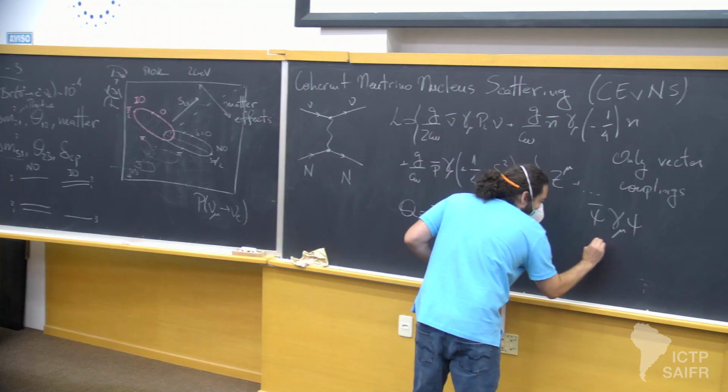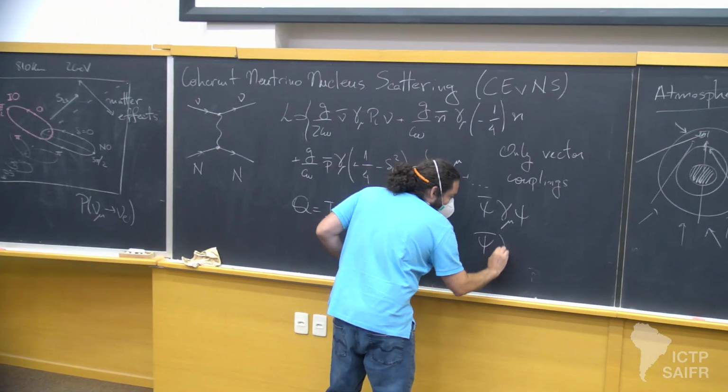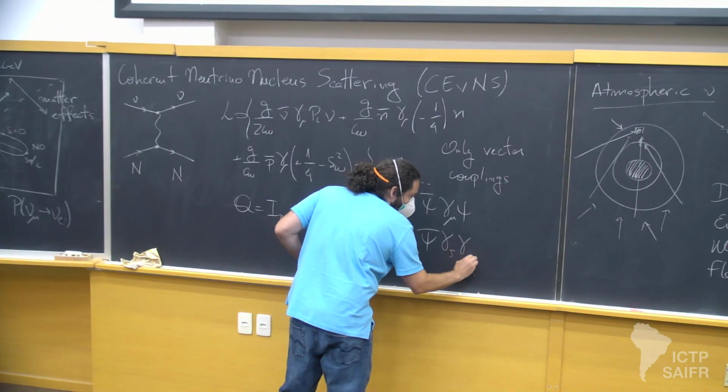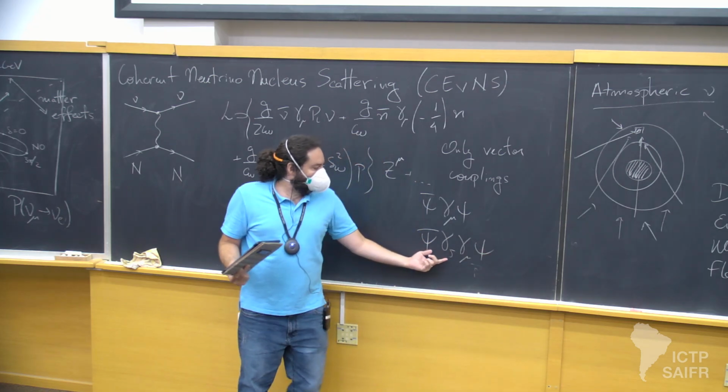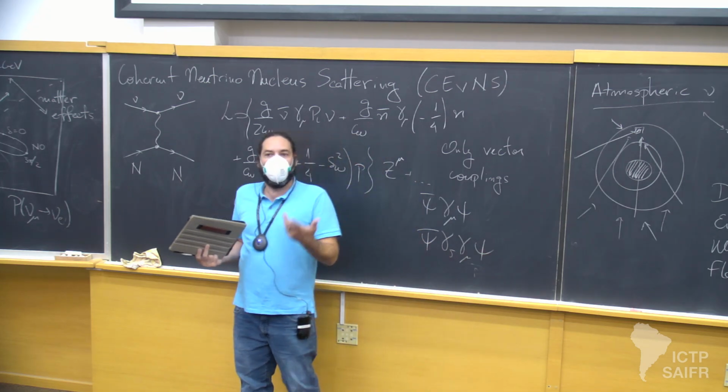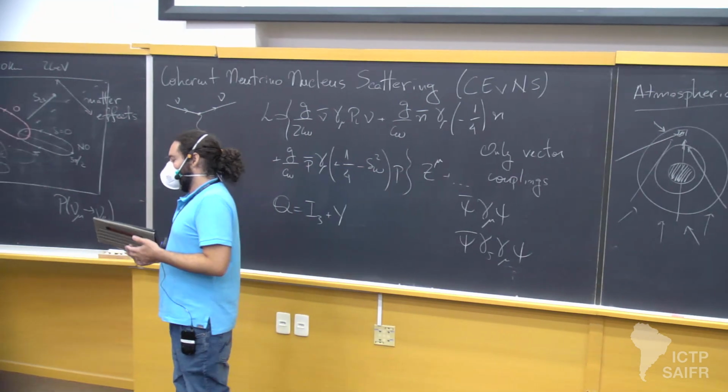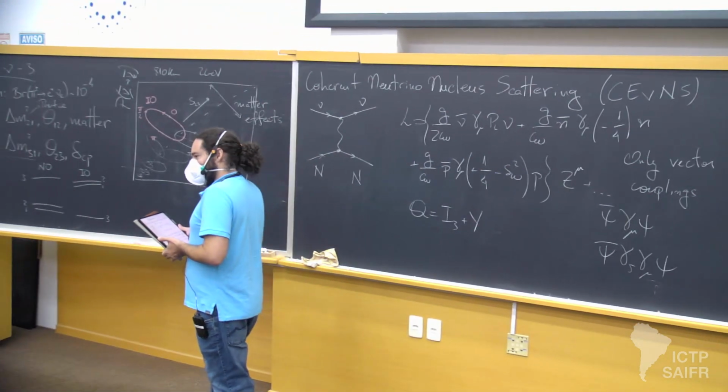I could have taken the axial vector couplings, gamma 5, gamma mu. These would be axial vector couplings. But this thing, you can show that it couples to spin. And if I take a nucleus like silicon,